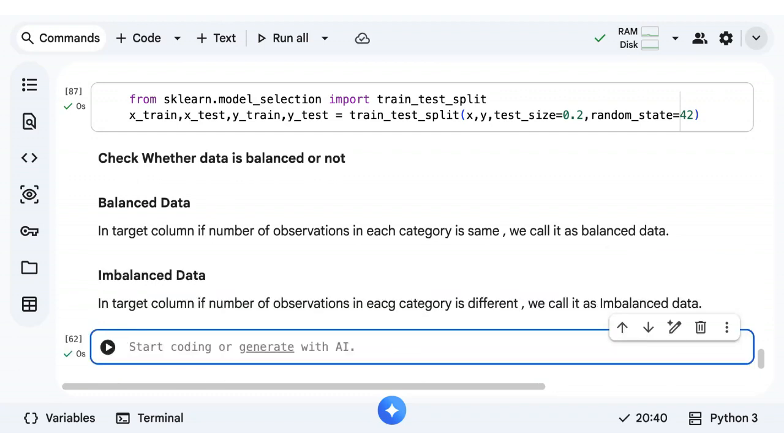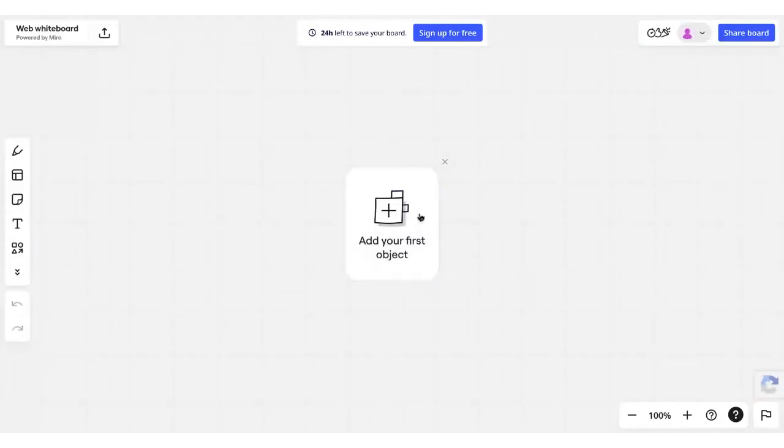Okay. So in our case, we have high risk of heart attack as well as low risk of heart attack, right? If both the classes have the same number of observations, then we say it's balanced.